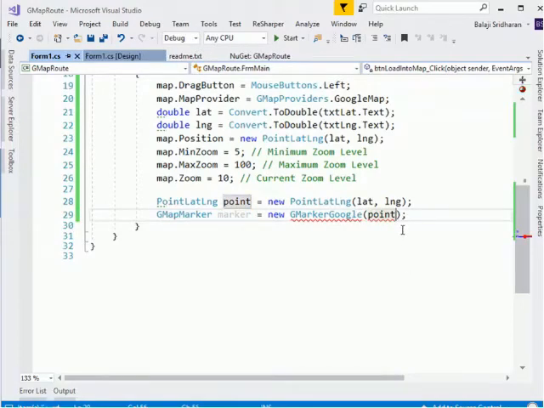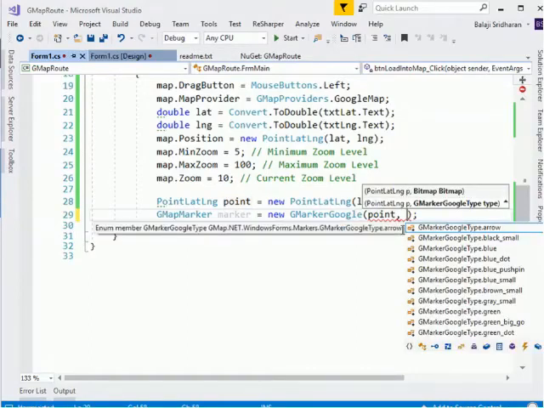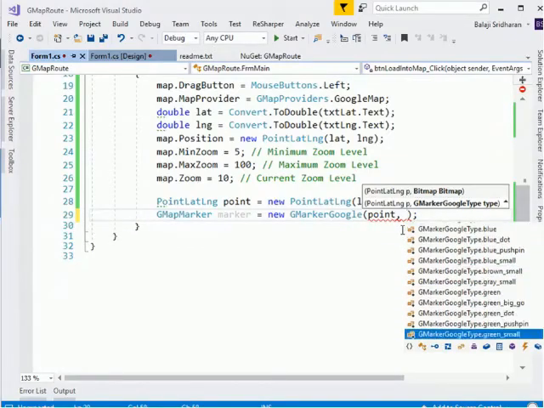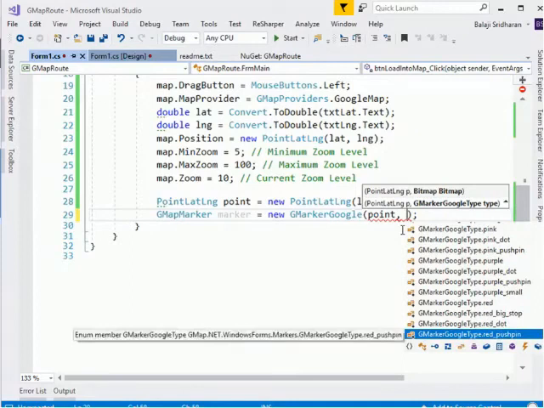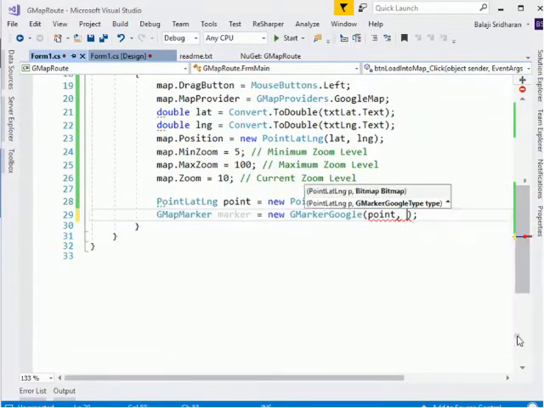The second argument is the plotting type. There exist a lot of built-in plotting types, so we will use any one of these. I will use the red color one. I will use this red push pin.